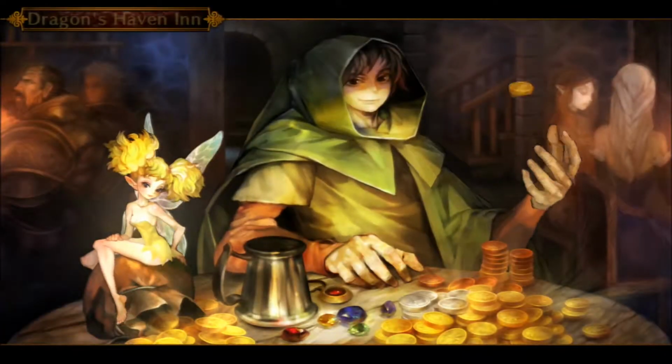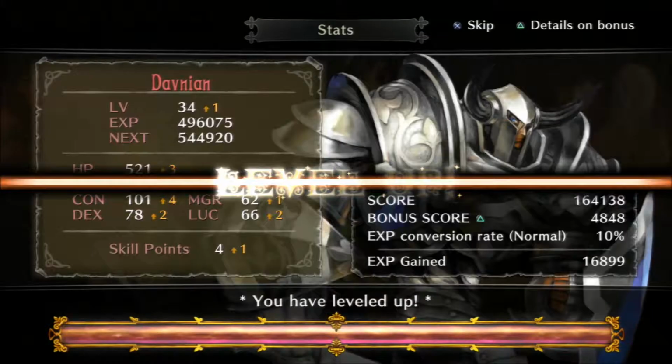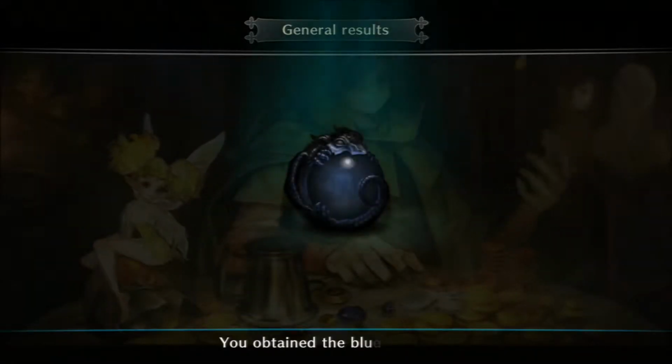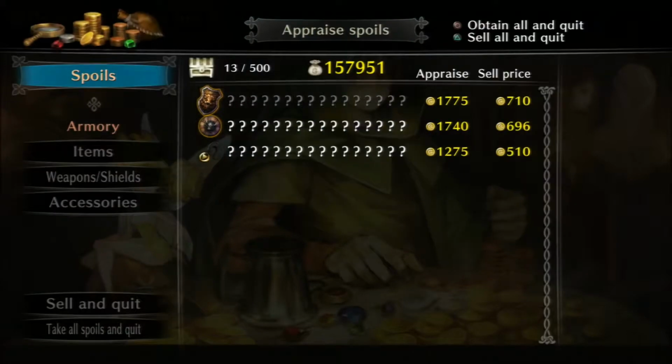Well, I am pretty badass. Let's be really honest here. I killed Demon Kings. I'm gonna take on the legendary Dragon of Doom and probably wipe the floor with him. You obtained the blue talisman. I mean...